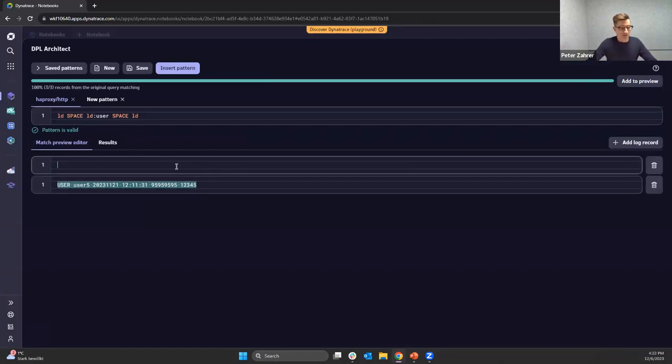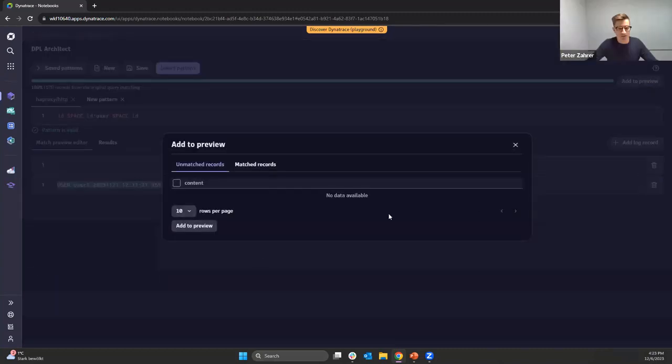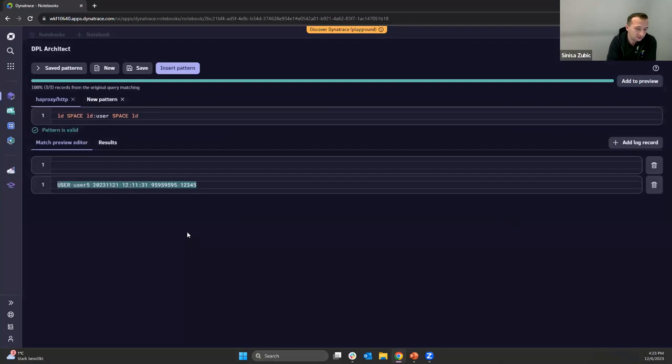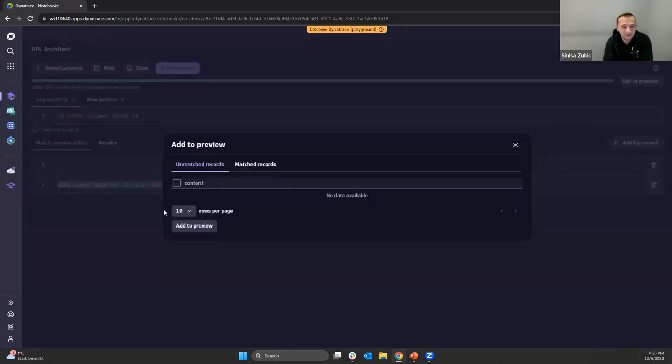So there you can also add further records, right? Either by copy pasting or fetching them via DQL, right? And can you maybe click here on the add preview button in the top right? Sure. And there you will see, if you click on the matched and unmatched records, so if there are any unmatched records, you can add them here to your preview. So no need of copy and pasting. This is something I just recently discovered about how the preview works in